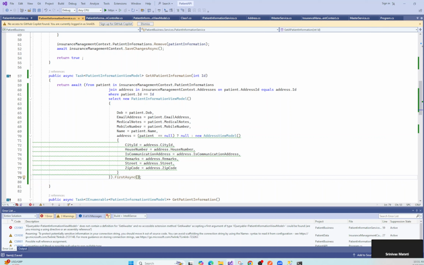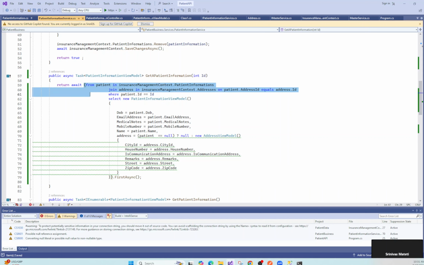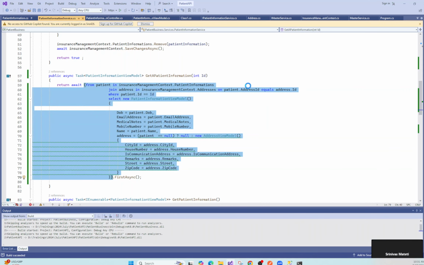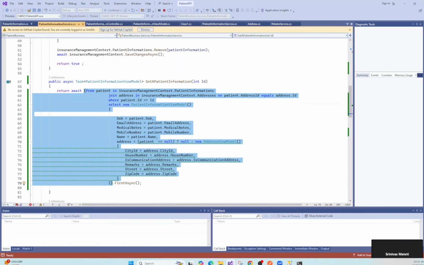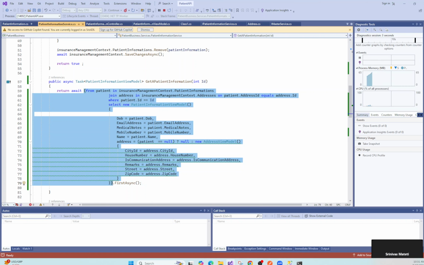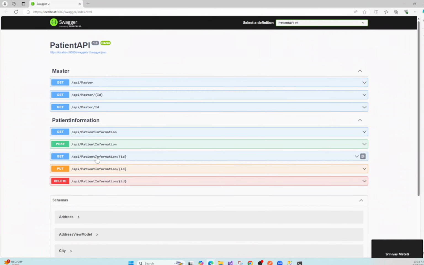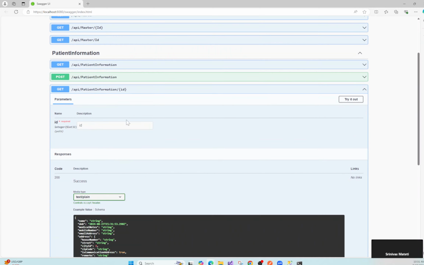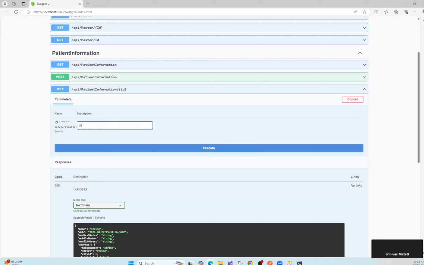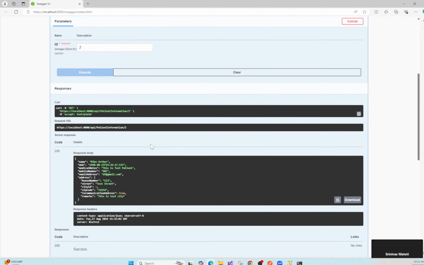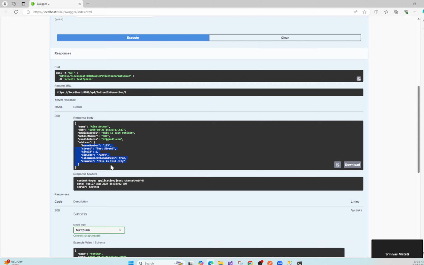Yeah. So basically this is going to return a list. I'll show the difference. What is first asynchronous? Okay, so get patient information ID. Try it. Did you see? You got the address,